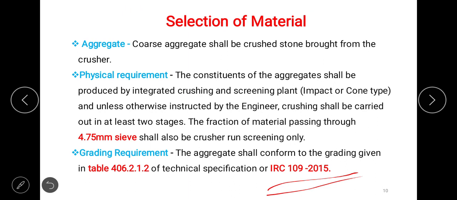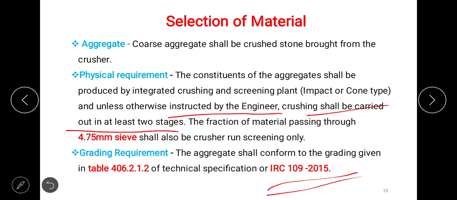Physical requirement: the aggregates shall be produced by integrated crushing and screening plant, may be impact or cone type, and unless otherwise instructed by the engineer, crushing shall be carried out in at least 2 stages. The fraction of material passing through 4.75 mm IS sieve shall also be crusher run screening only, brought from the crusher.